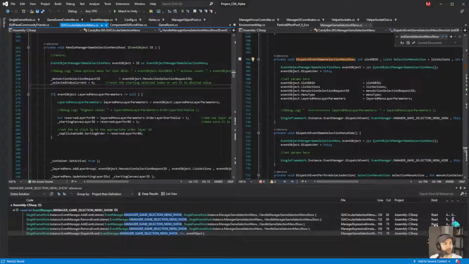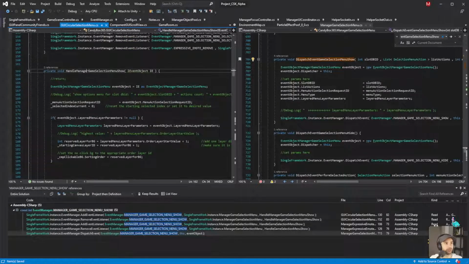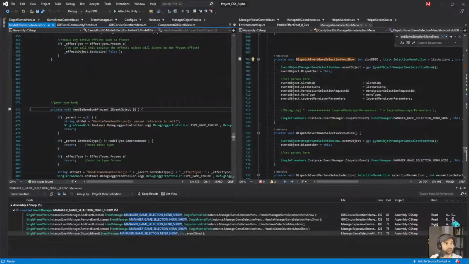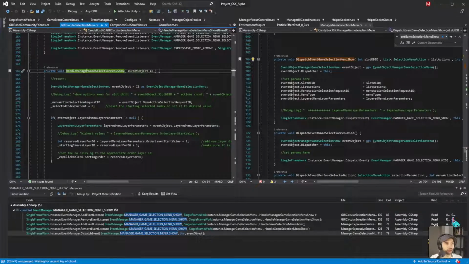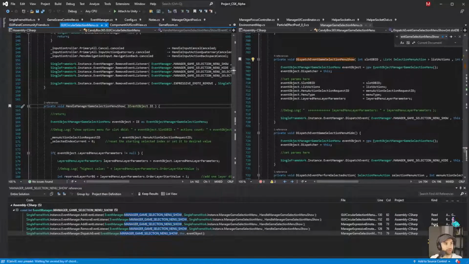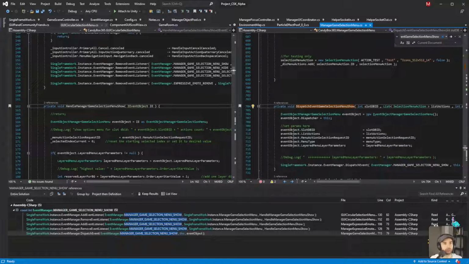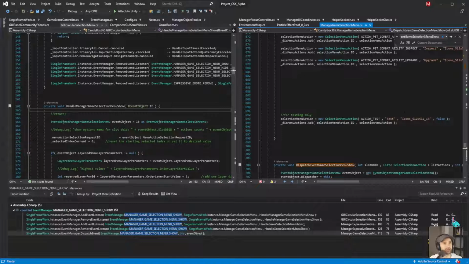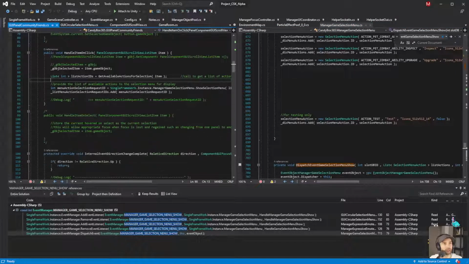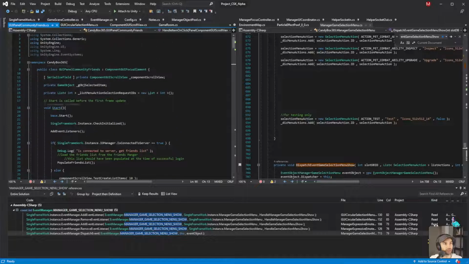Where was that output that I had just added? I think I bookmarked it. There we go. Nope, that's not it. Let's close that. Show selection menu. Okay. Did I not? No, I don't know where that was. That's unfortunate. Was it up here? Nope.